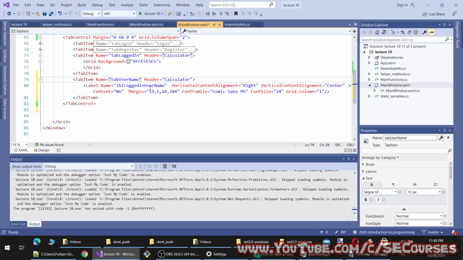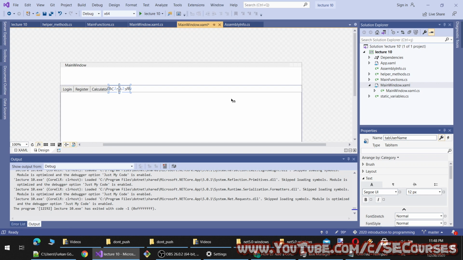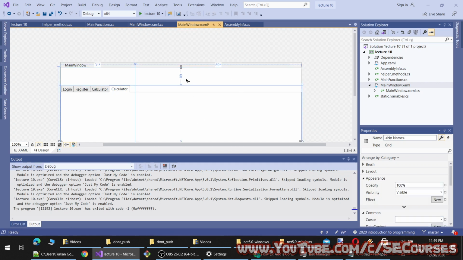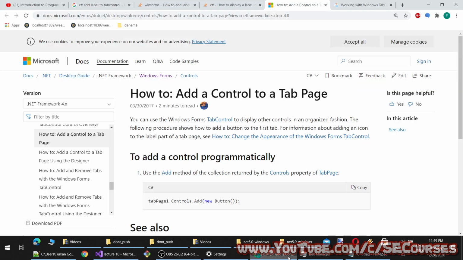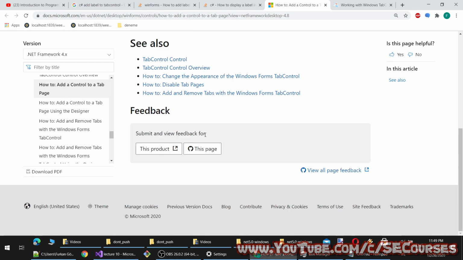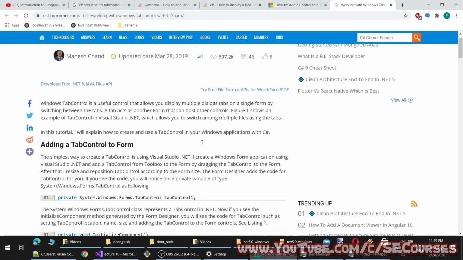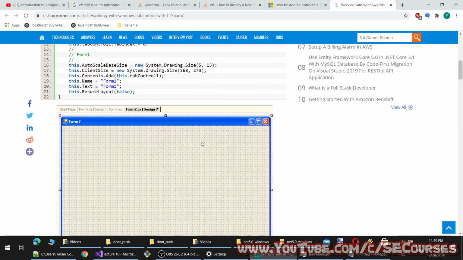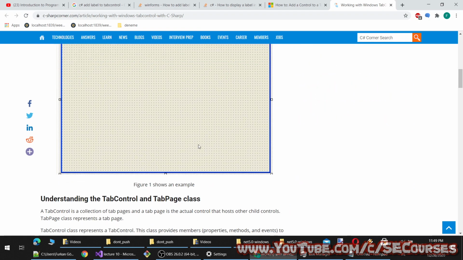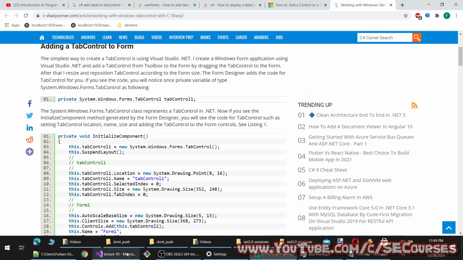Okay, now let's see how this looks. It won't work as we wanted. Maybe there is a way to do it, but I don't know how to do it right now, because visual design is not something that I work on a lot.